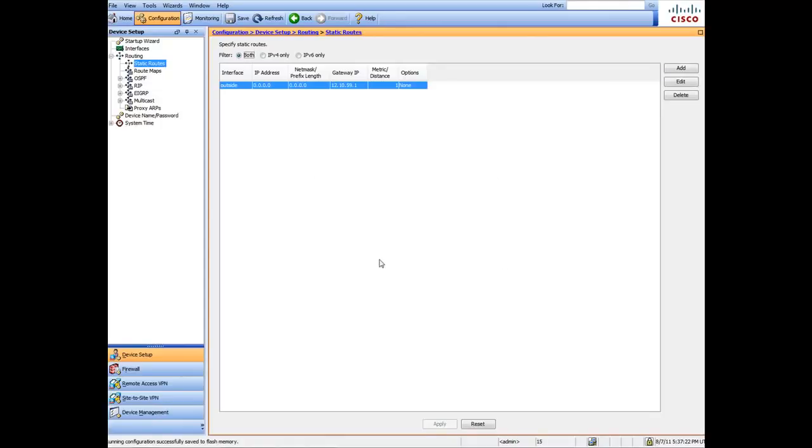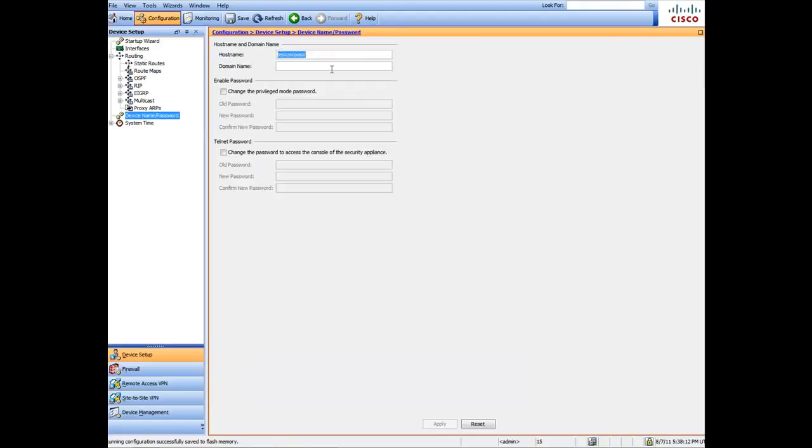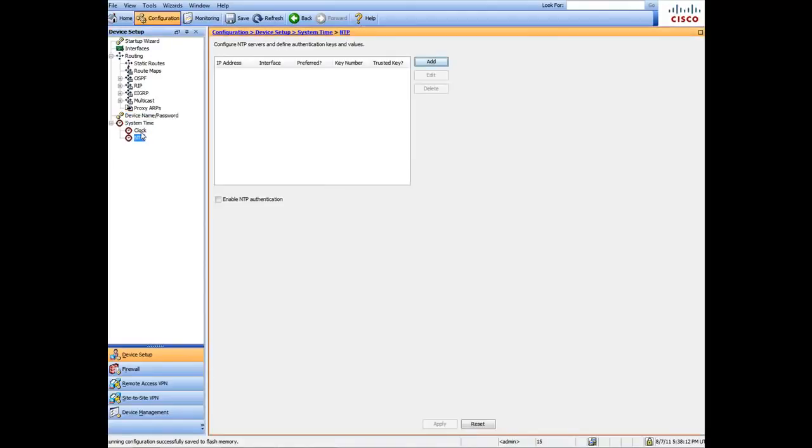Okay, so now that's set. That means now we can remotely administer this device, and the users who are connected internally will be able to go out to the internet. As you can see, it changed our host name, and you can set your clock and your network time and so on and so forth. So that's all set. So the next thing you want to do after you give it the basics